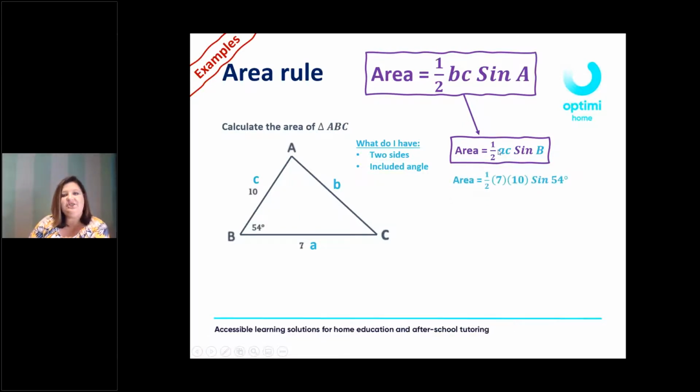So I'm just going to substitute it in there. Half, A is 7, C is 10, sin B, which is sin 54 degrees. And you put that into your calculator. You'll say half times 7 times 10 times sin 54 degrees, and you will get an answer of 28,32 units